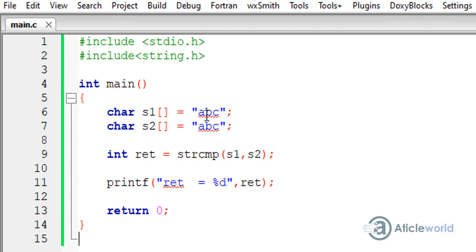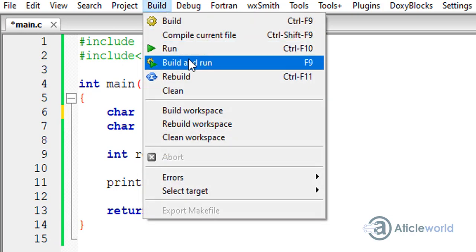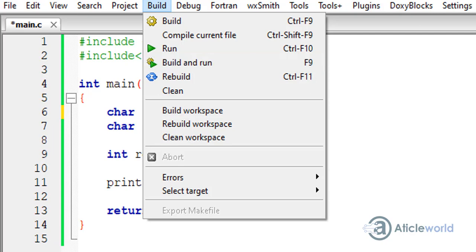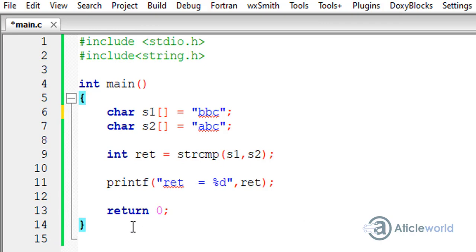Now I'm going to change the value of s1. Right now I'm going to write b here and compile this code again. Here is the option to build and run simultaneously, so we can compile and run this program. I will select this option, but before doing this I just want your answer on this part. What do you think the value of ret is?